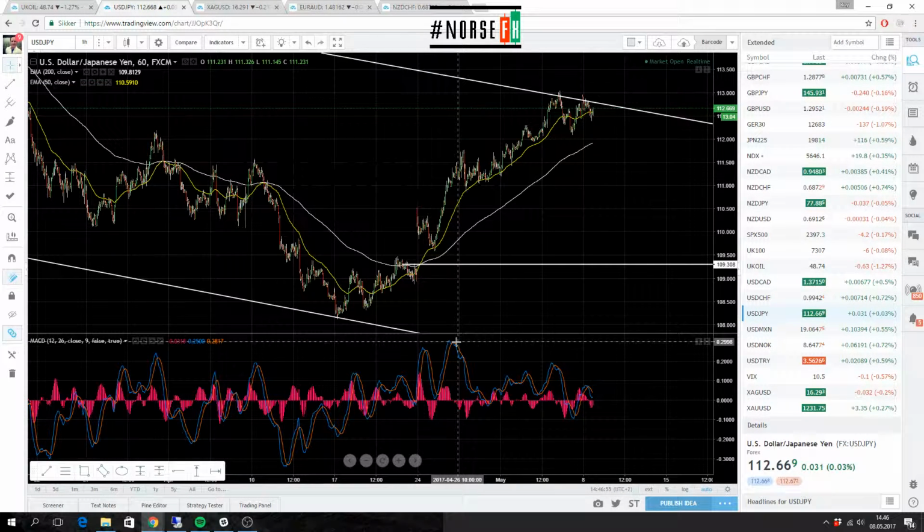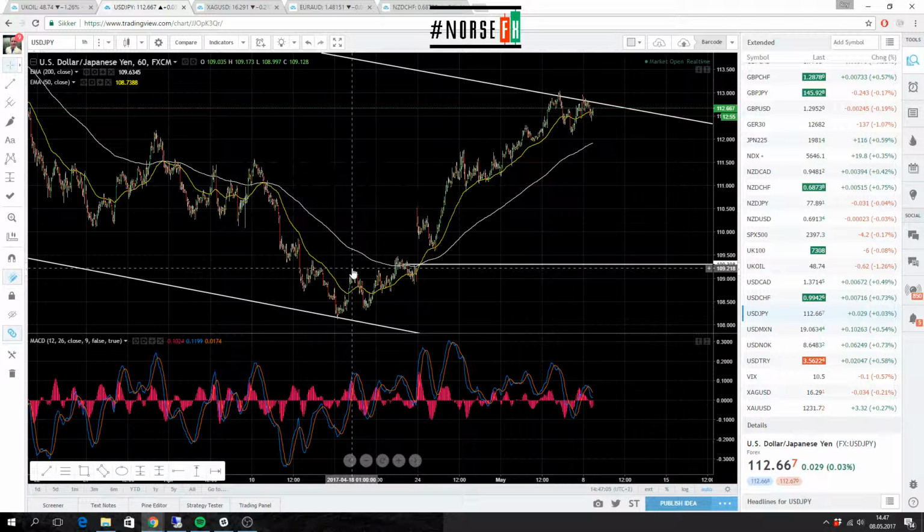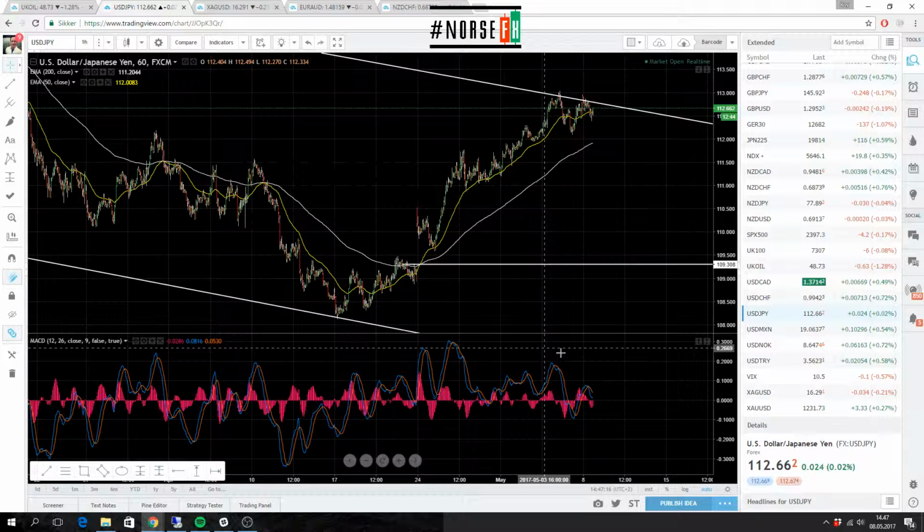When price is printing higher highs, the momentum indicators should print higher highs themselves. As you can see right here, high, higher high. You can see both here. But now we have divergence, so the indicator is not responding as